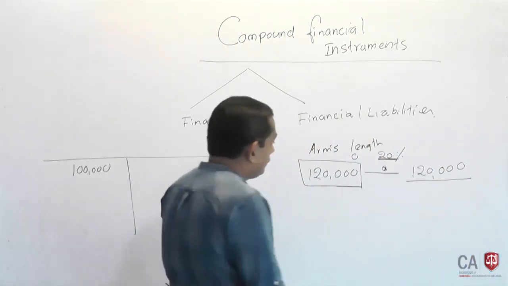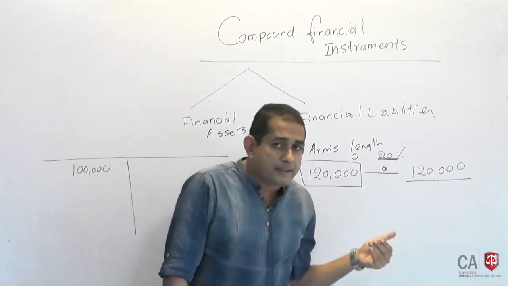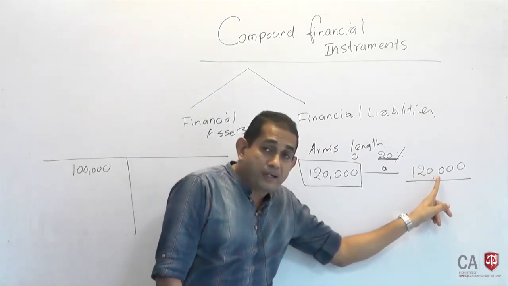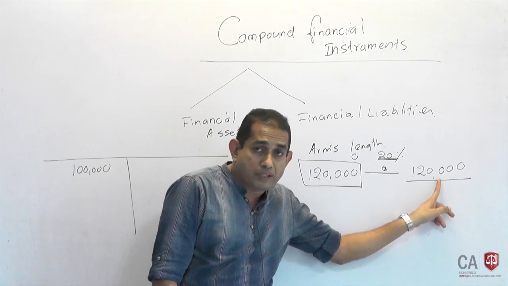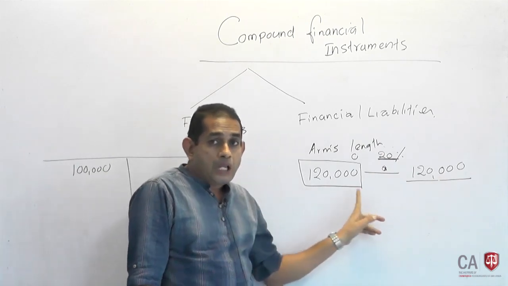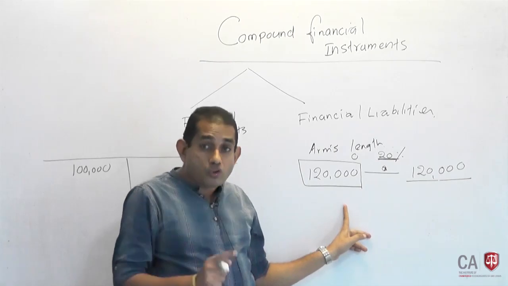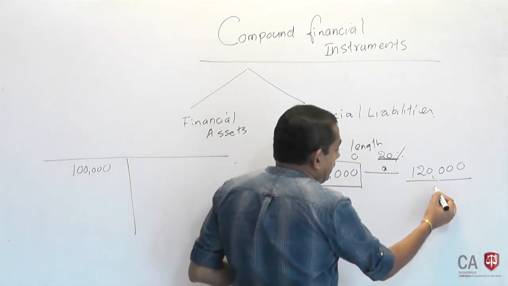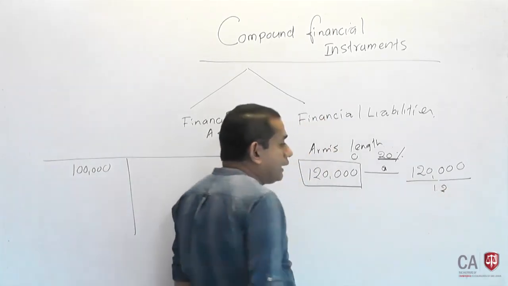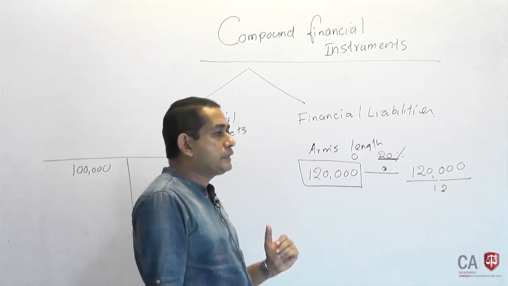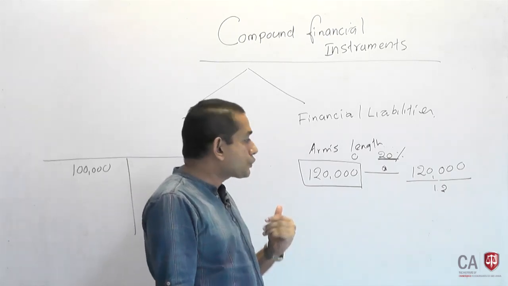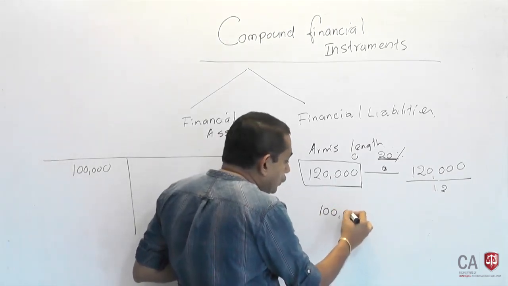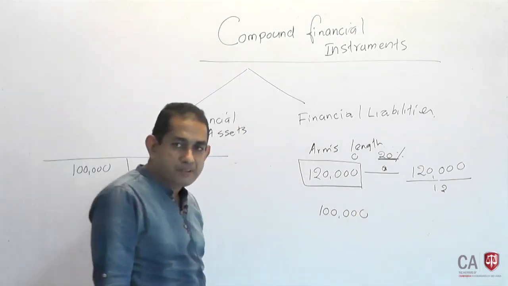And if the employer-employee relationship did not exist, for someone to pay 120,000 rupees in 1 year's time, what value of loan would the company grant? The 120 has to be the value of the loan principal plus 1 year's interest accrued at 20%, then the original loan value would have been how much? 100,000.